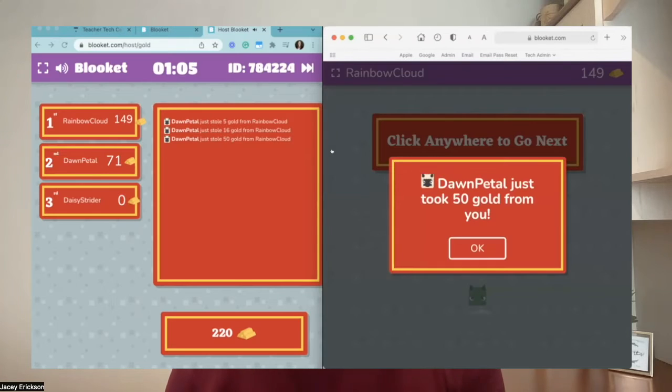And just a little teacher tip here, if you are using a Blooket strategy game where they can steal points from other players like Gold Chest, you can make the student's name anonymous, so students do not have to know who they are stealing from or switching places with when they choose that anonymous name to steal from. So this ensures that there is no targeting of any specific players,